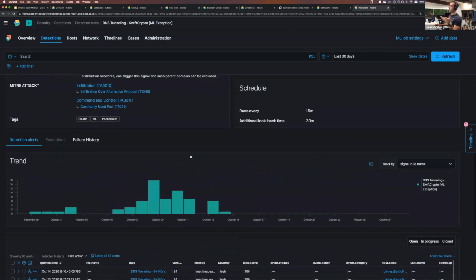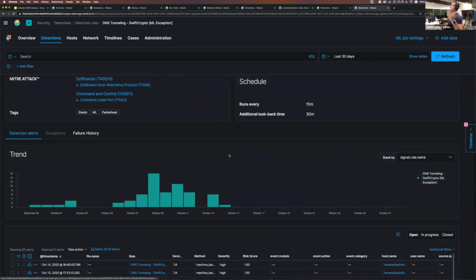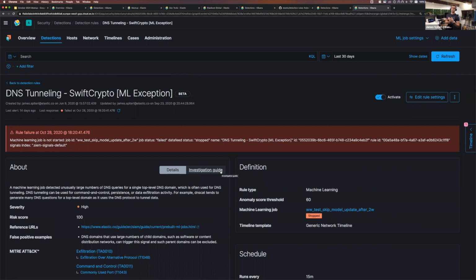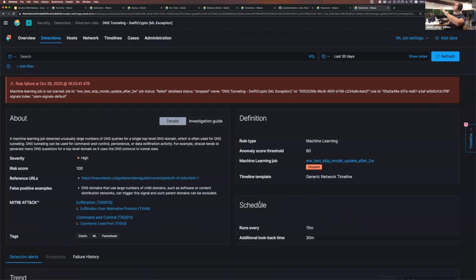So you get all that detail if you wanted. You can also, if you did care about the mathematics behind it, we don't hide that either. So if you click on this link, it'll actually show you all that detail. So we do show you everything. We're not hiding anything. But for most analysts, they probably don't care too much about that level. If they did, they can see it anyway.